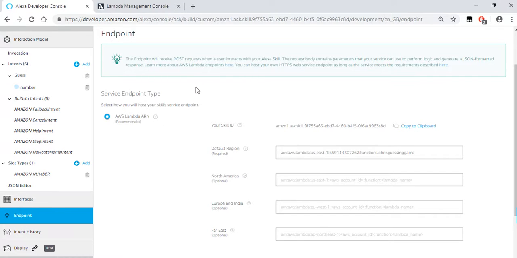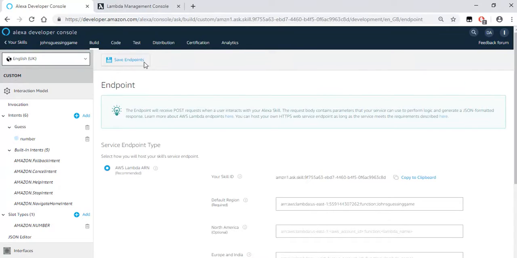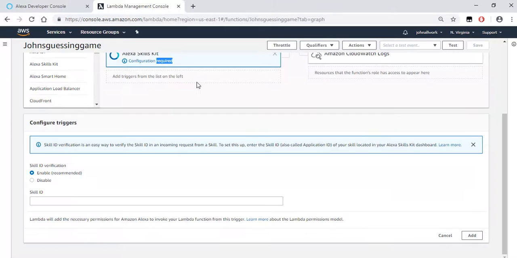We need to save our endpoints. We'll go back to the Lambda console, which needs the skill ID from the